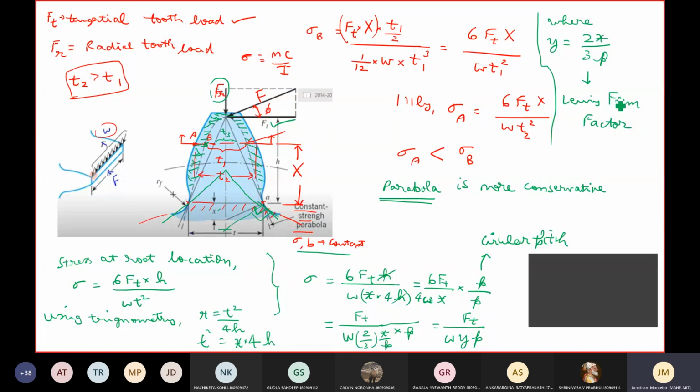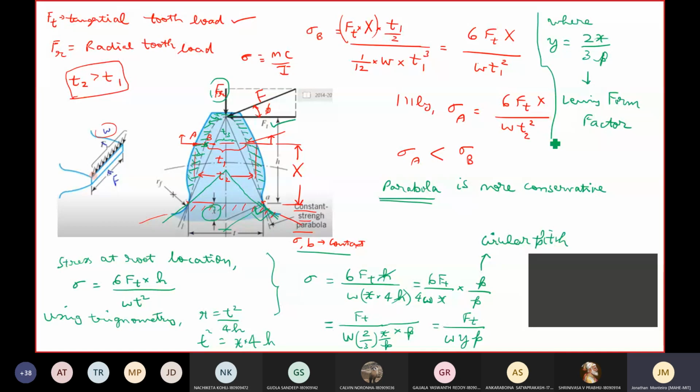What does this actually mean to us? What is this Lewis form factor? It actually describes the form or shape of the tooth. 2x by 3p. When you define this x you are going to vary it. This tooth will go up or go down. The enlargement or decrease in the tooth height and the profile will come based on this. And we are adding one more property to it called p, which is the circular pitch. We saw its importance previously, how it affects the load carrying capacity. So y is equal to 2x by 3p is called the Lewis form factor.